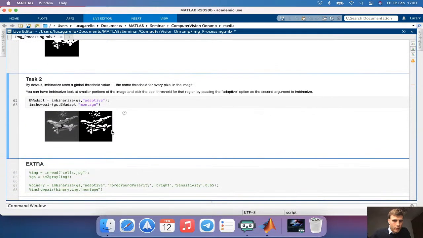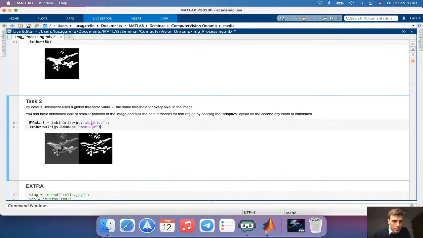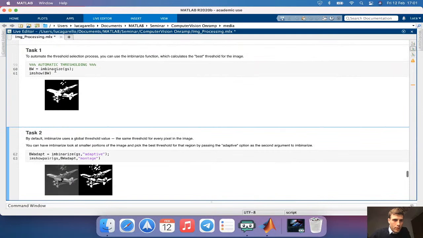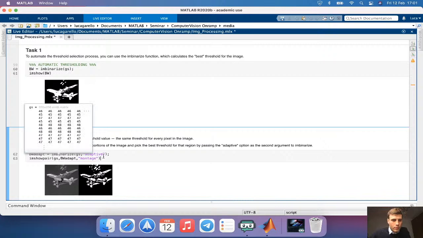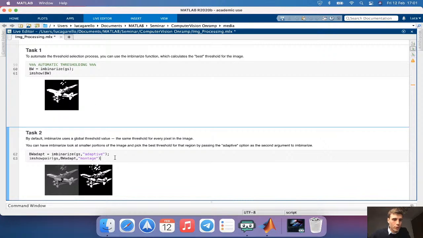We can try it. As I said, I added the adaptive argument to the imbinarize function, and this is the result. I think that it's a bit better than the imbinarize alone, but it's personal. You can tune a lot these kind of functions. If we want to show you these images,